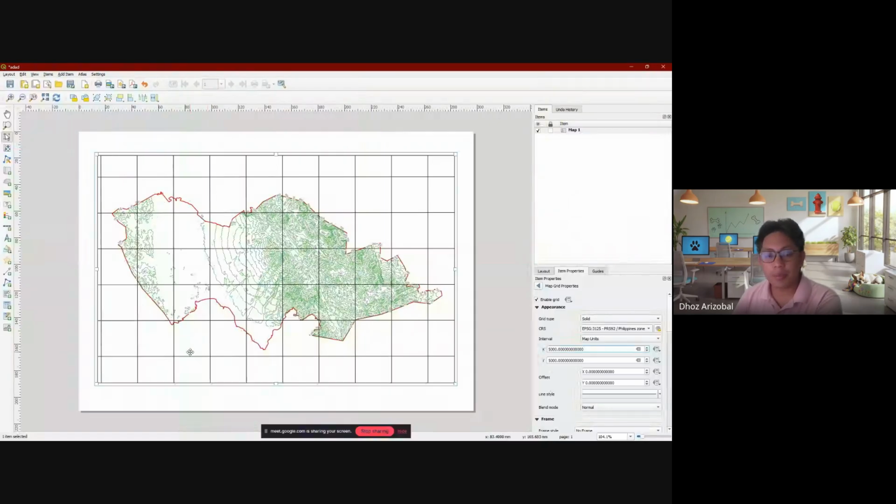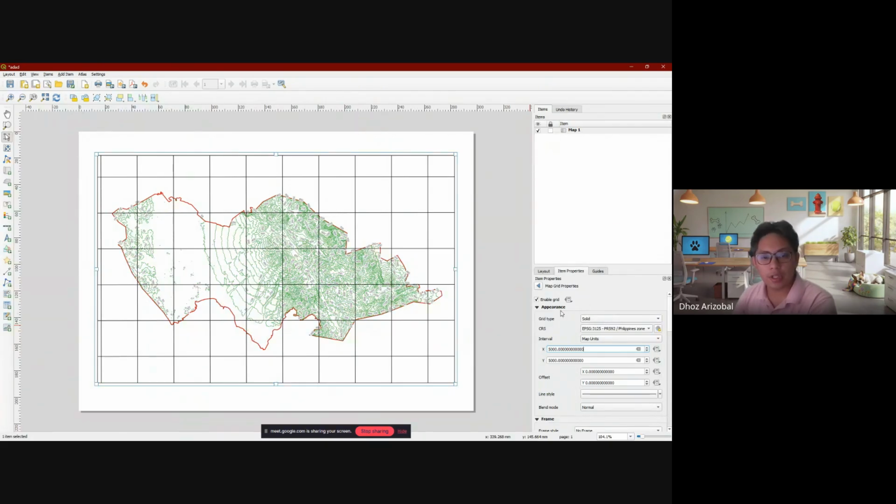So these lines represent every 5,000. So that's why it confused me na meron pang scale because this is already your scale. Okay? You know that this grid, okay, is already 5,000 meters in width in relation to the length of the printed paper. There's actually no need for a scale if you're using this one, in a way, redundant.